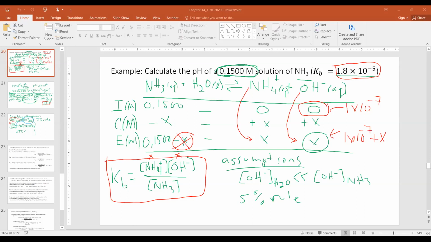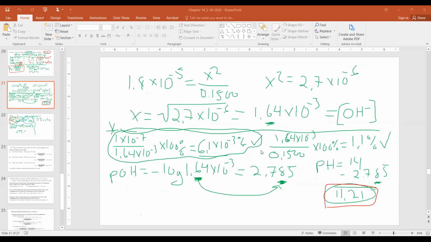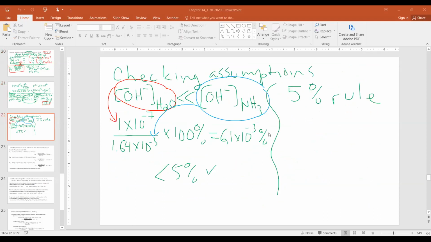Okay. So we did our calculation of the pH by calculating our hydroxide ion concentration first, in the same way that we did the calculation for the weak acid. And we had to check our assumptions, and when we checked our assumptions, things worked out. We did a little bit more on the checking of those assumptions after we finished the lecture last time too. So what we're going to do now, we're going to move on to our next section,